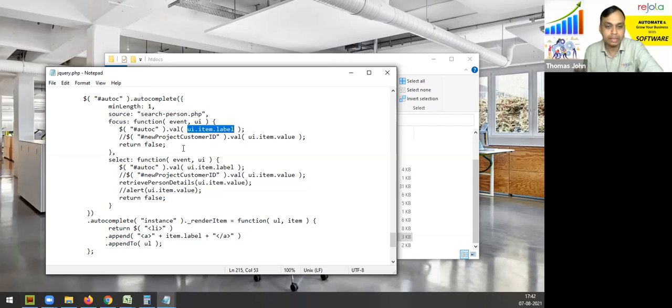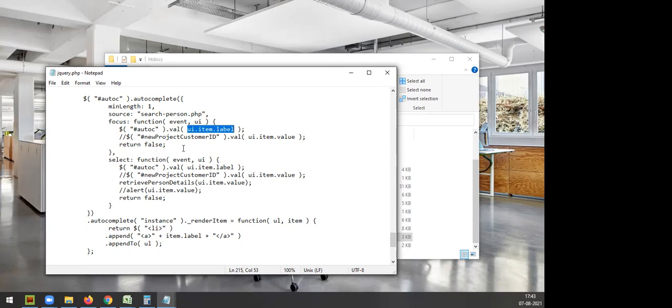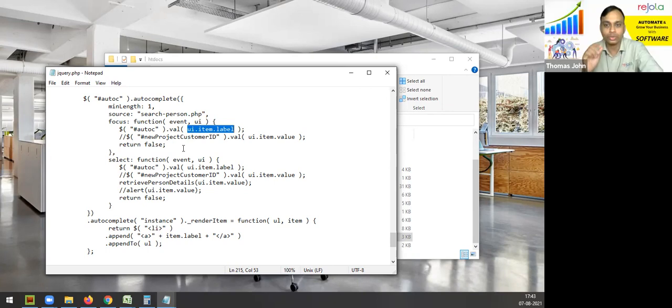And the best way to send a string is in JSON format, because we can easily convert it from array to JSON, and we can again convert it from JSON back to array. We can reconvert it like that. So that is the advantage of using JSON format. It's a format. It is only a format. It is the way in which a particular variable or object is arranged. That's all.